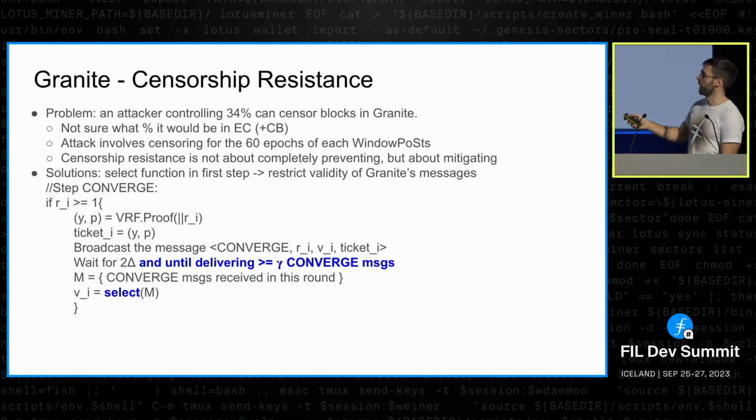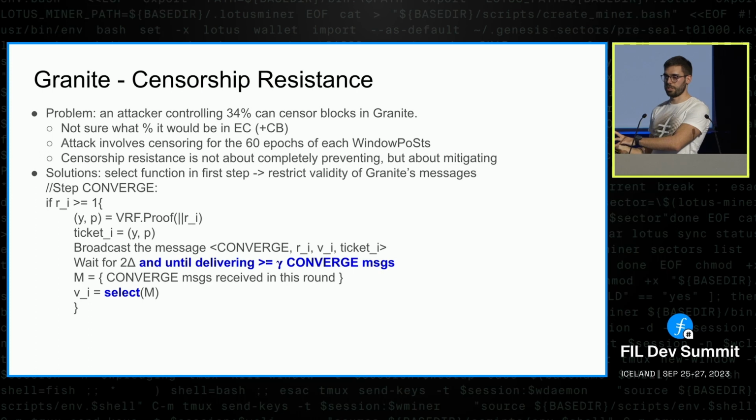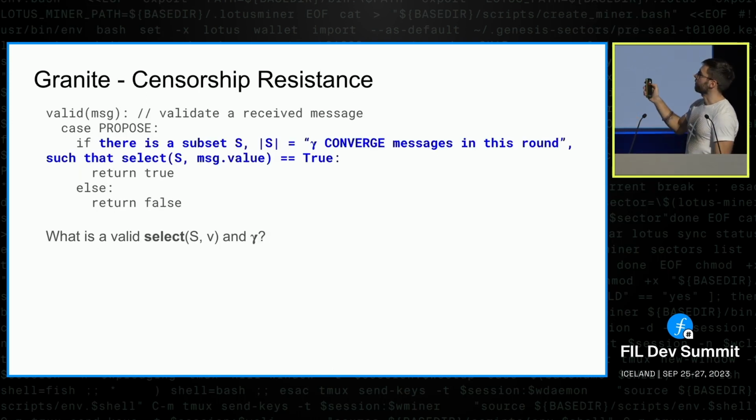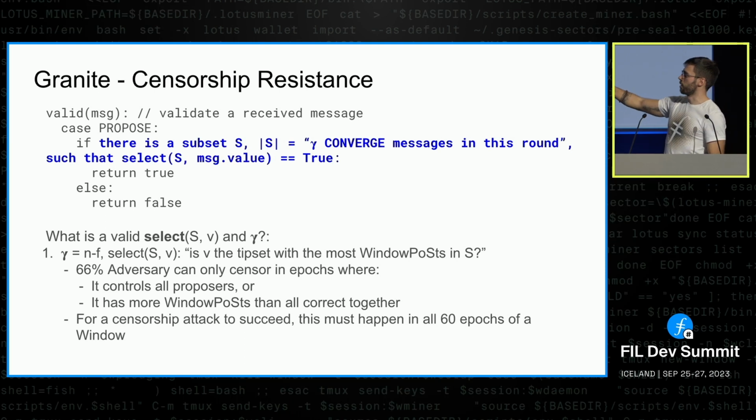But now we enforce that anybody who terminates the converge step, so anybody who sends a proposed message, has received some gamma of converged messages. So we know they have received some messages from other processes. And then there is a deterministic function that is defined as a system parameter that we call select, that defines which of the values in any converged message received should be selected. And this is very abstract, but let's get into the particular definition of the select function. So the gamma could be n minus f, so 67% or 67 messages, assuming everybody has 1%. And select will be